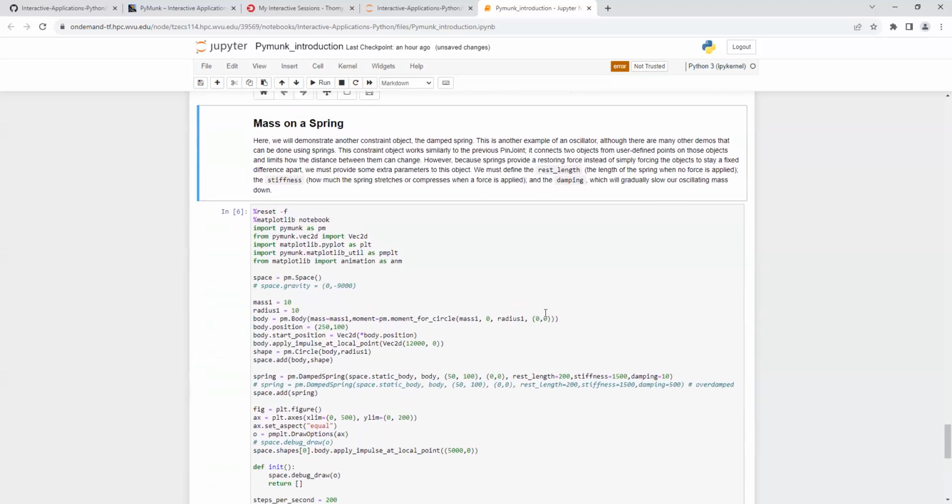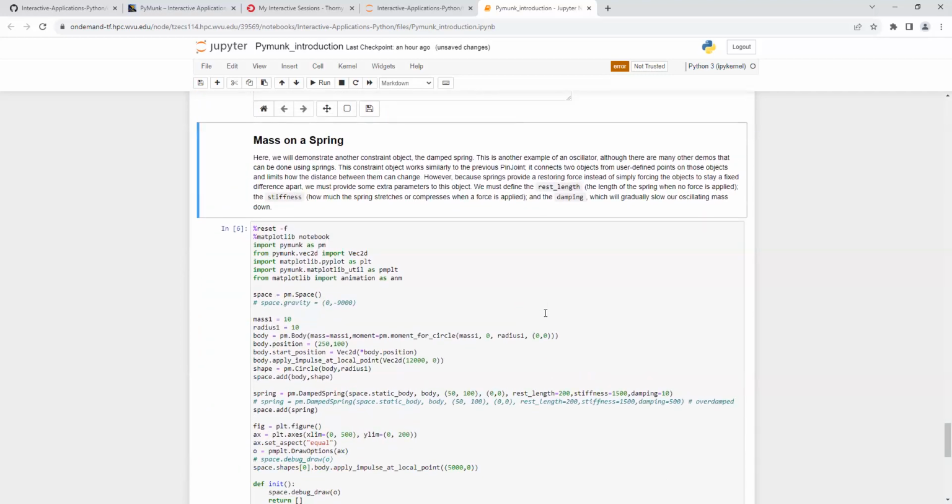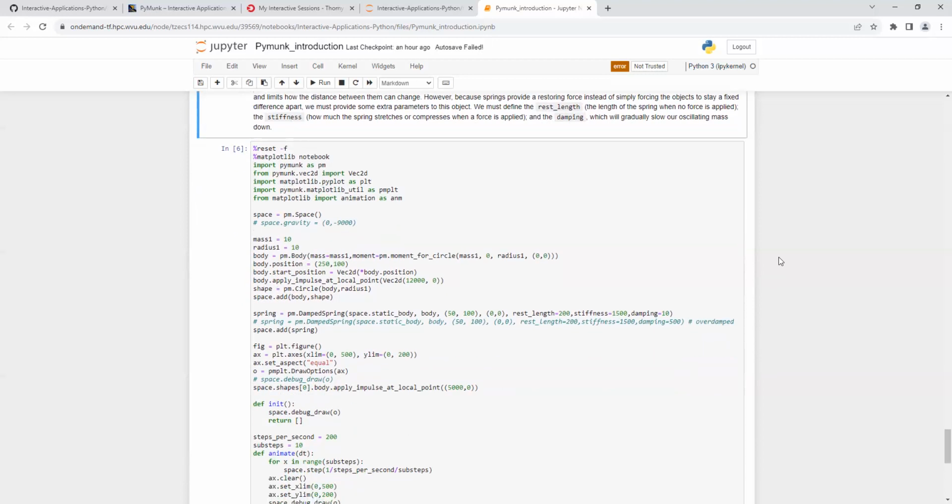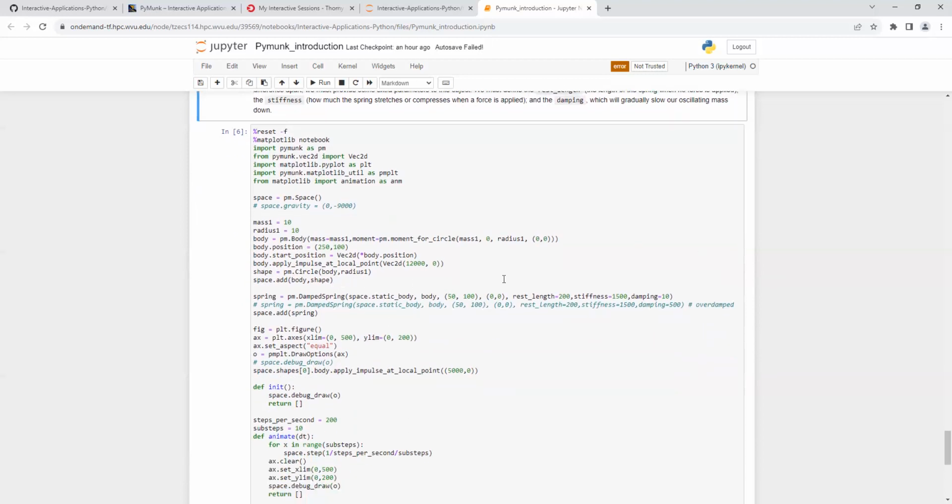So the last example I have here is going to be another type of oscillator to demonstrate another constraint object. This one's going to be a mass on a spring. There are lots of introductory physics demos that can be done using springs, so this will be a very versatile object for us to learn. It's going to work similarly to the previous pin joint constraint object that we showed off. So if we look at the code for that here,